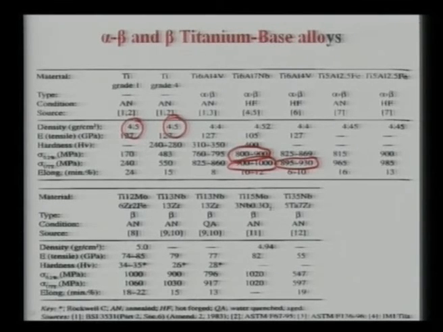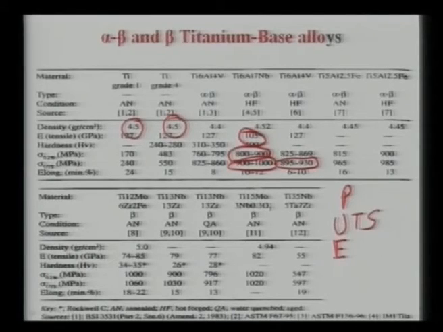Other factors is that elastic modulus. So, one is the density of the titanium, one is the good UTS values, and third one is the elastic modulus. Now, elastic modulus of steel, as we have seen earlier, is somewhere around 210 gigapascal, but elastic modulus of titanium is roughly around 100 or 105 or 110 gigapascal. So, which is almost half of that of the steel based materials.